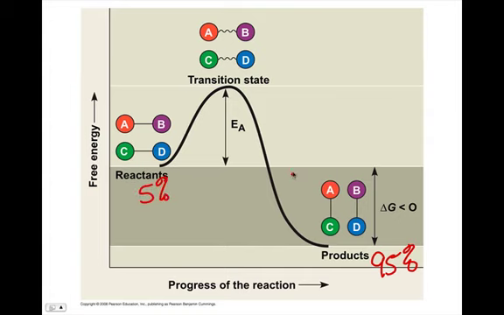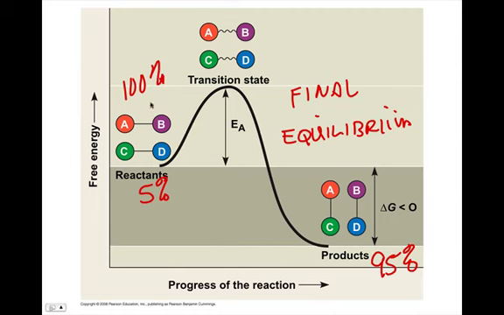And at the end, by at the end I mean at equilibrium, and people can refer to this as final equilibrium. So the reaction starts out with 100%, boom, and over time product starts to accumulate, first a little bit, more and more and more,